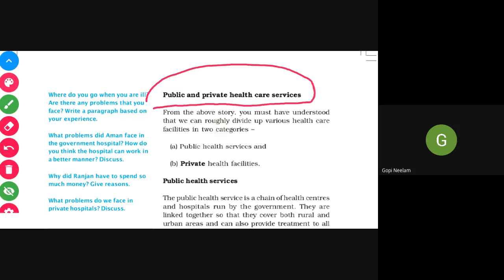It is very clear to us that healthcare services, and the constitution also says, are the primary responsibility of the government, ensuring the welfare of the people. So what we should understand is that healthcare services are the responsibility of the government. Then why is there public and private? And what is public and private? We need to understand.